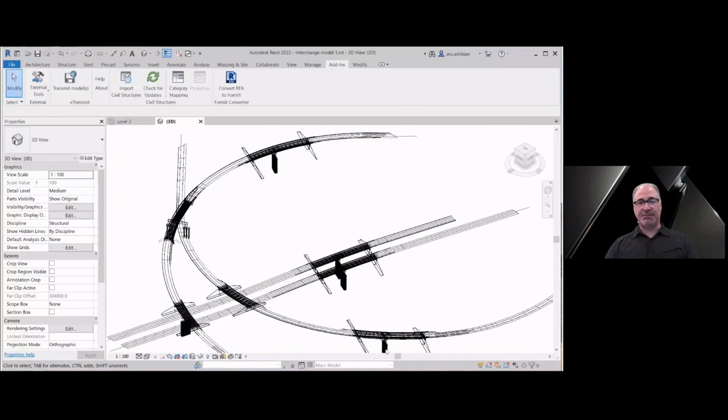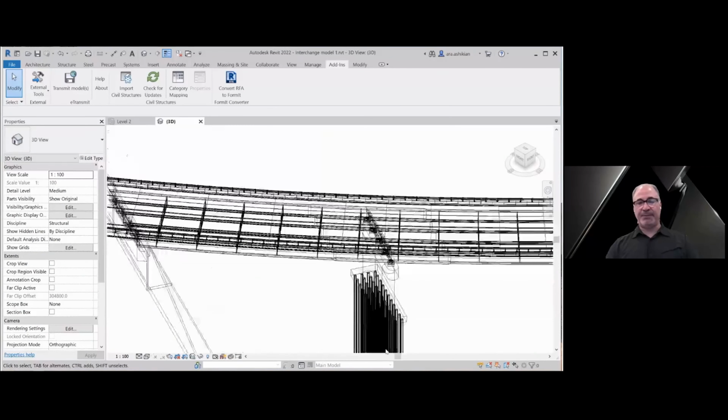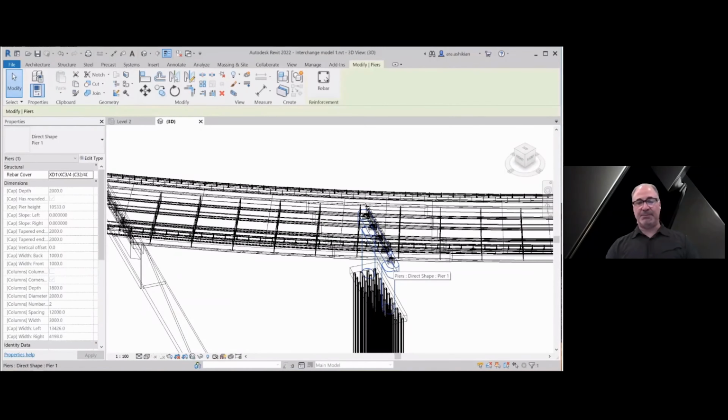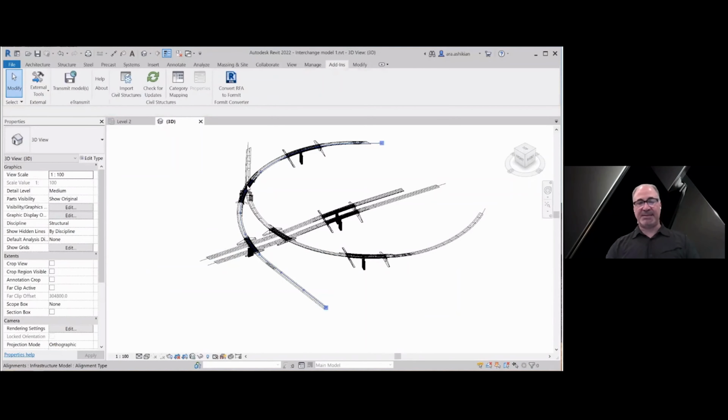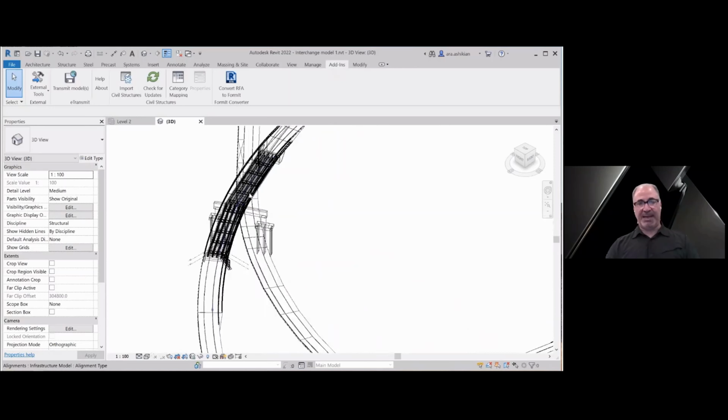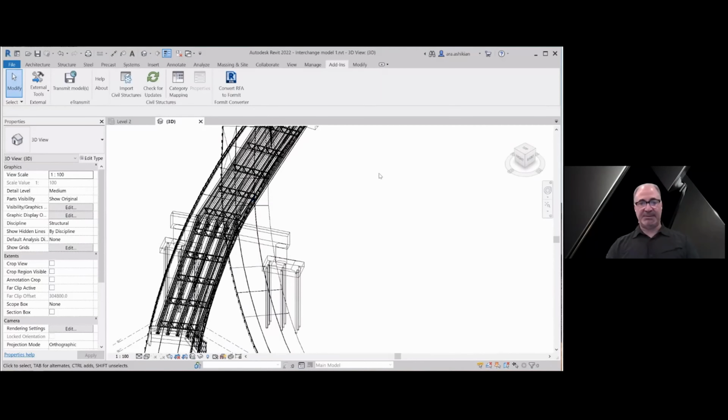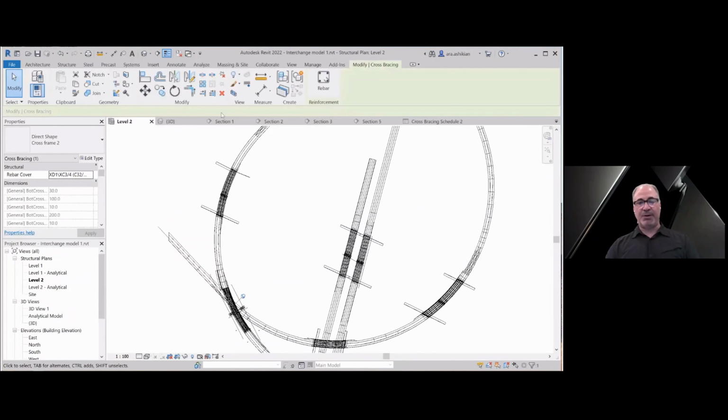All the high level of detail information is immediately available in Revit. So when we select the pier or the retaining wall, all the parameters are available. We can carry out schedules and so on. We can add the rebar. We can start doing section views and annotations and dimensioning. So in this case, let's have a quick look at some quick section views.